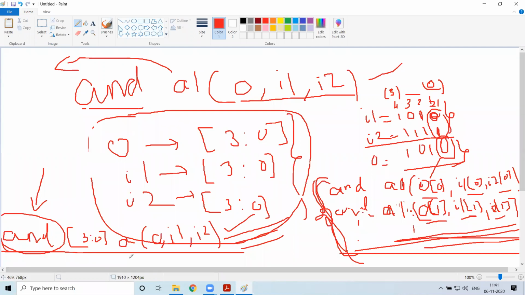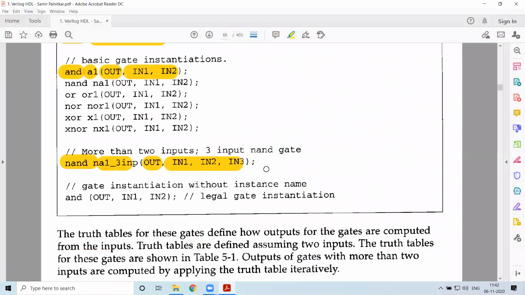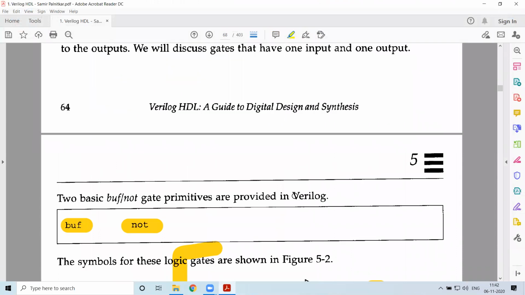So for the primitive gates you have defined, you can do it in this form. Imagine if there are 100 bits and you want to AND the 100 bits. Instead of writing it 100 times, you can write it one time and get the result. It will be doing the same operation: first bit of this one, first bit of this one, and these 2 bits give you the first bit of the output. This will go on up to the most significant bit. This is what will be happening in array of instances. That is not present in this book. It is present in the new edition.